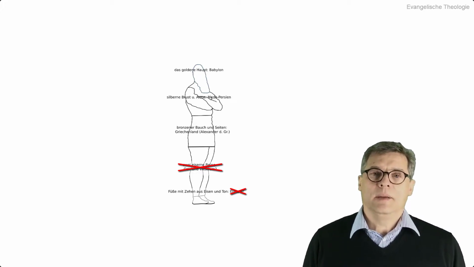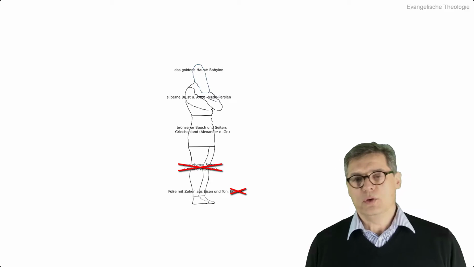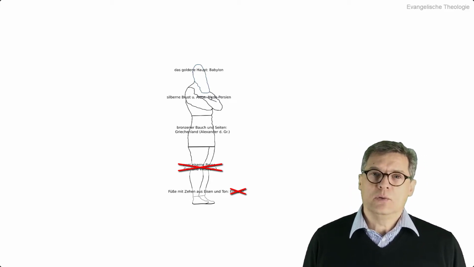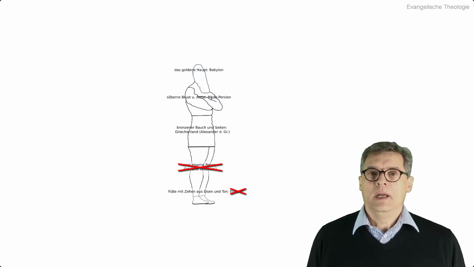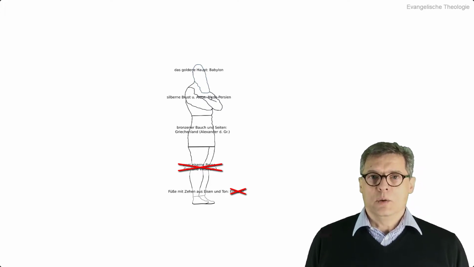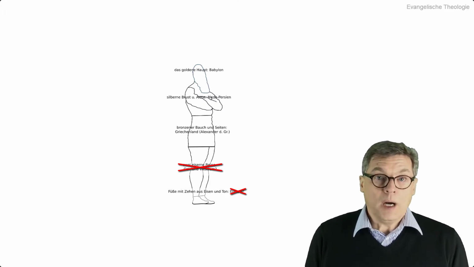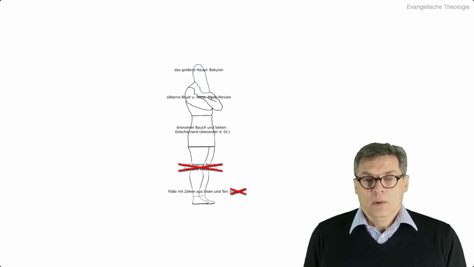We said, what if we move the legs of the statue back east, where the center of gravity of the other three world empires is? And can we find something in the text of the Bible that allows a more plausible interpretation of these two legs than to interpret it to the Roman Empire?